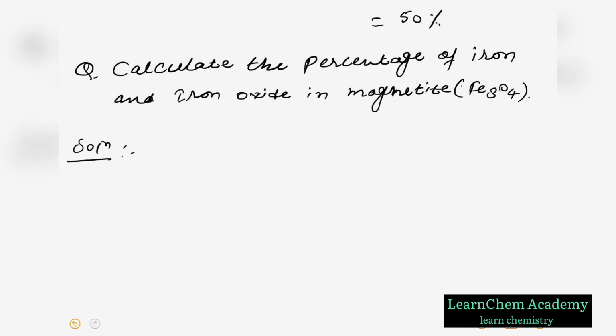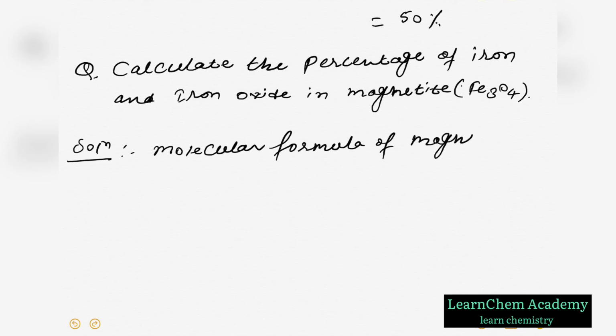The molecular formula of magnetite is Fe3O4, and the molar mass